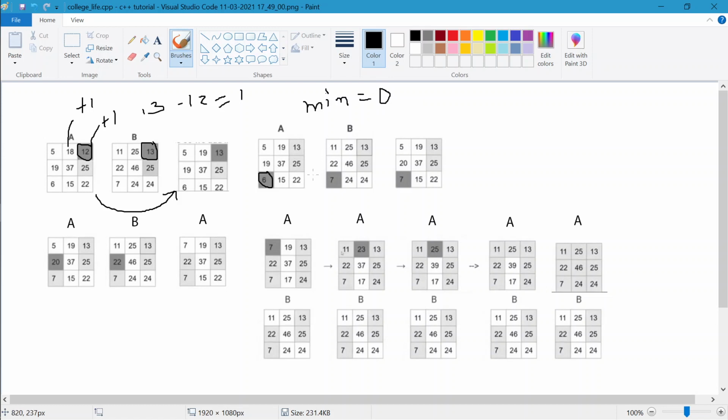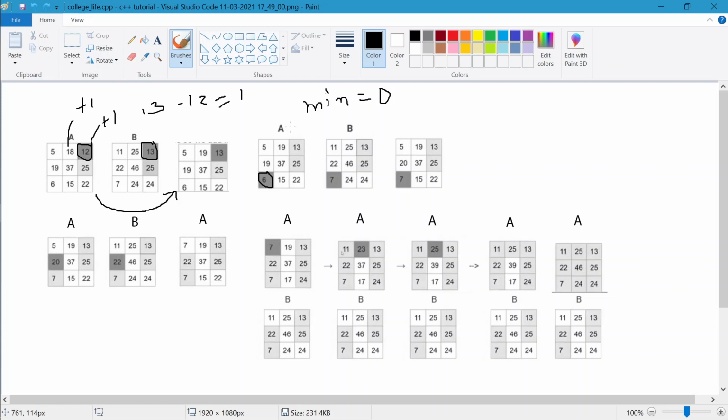Here 25 minus 25 was 0, but that wouldn't be considered. The minimum should not be 0. It should be either negative or positive, but not 0.